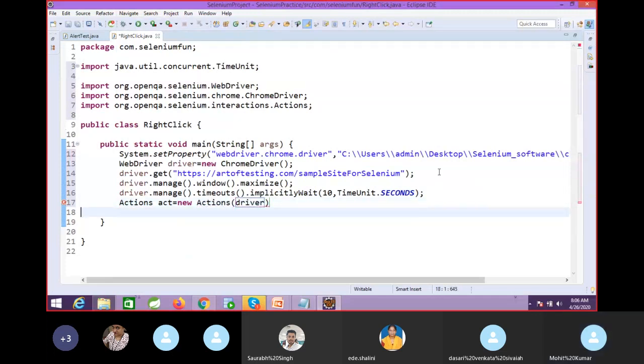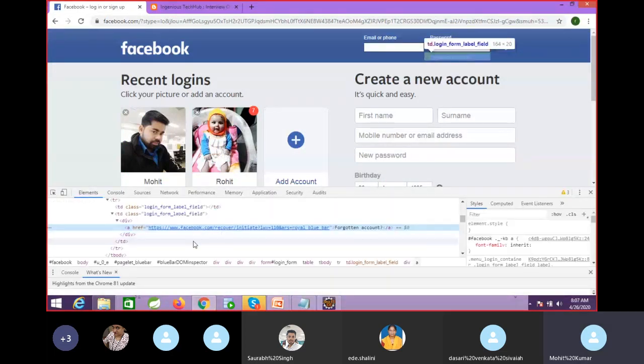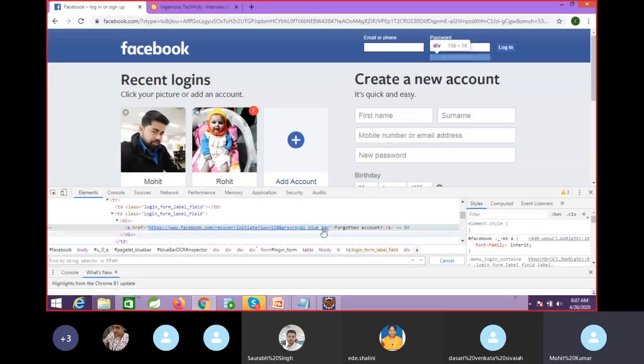Okay, here after that what you have to do, you have to find the element where you have to perform the operation. So this element we need to find. This is the link, right? So simply let's see, we'll copy here, Control F, and this is your link.